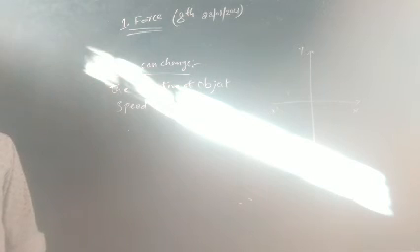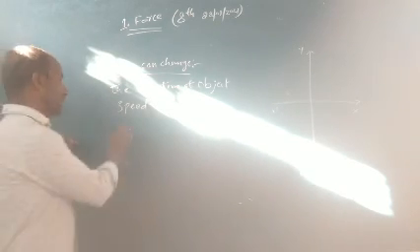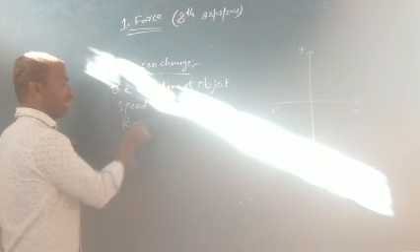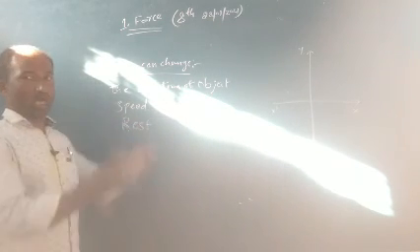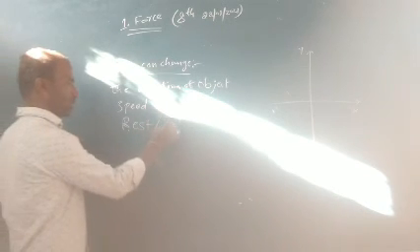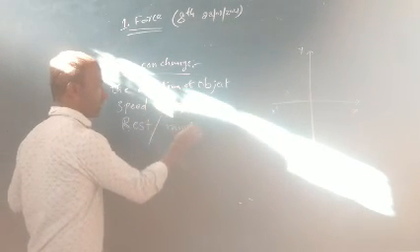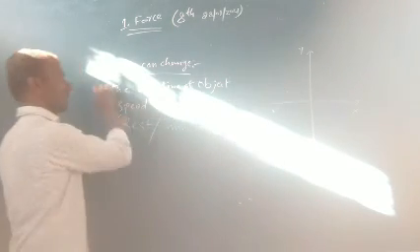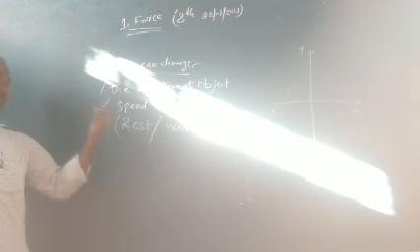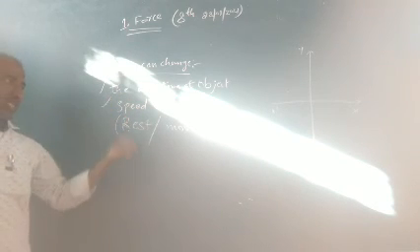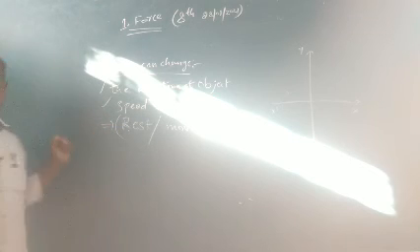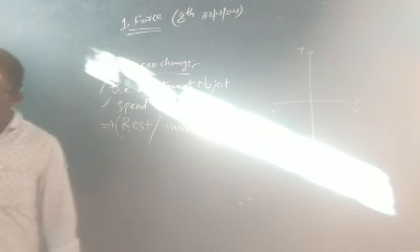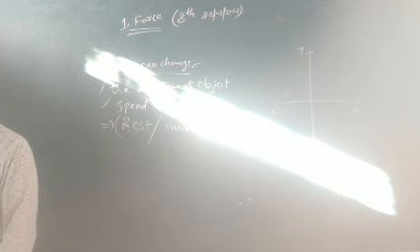State of motion is nothing but sometimes the coin jumps from the carrom board and falls to an at-rest position, or sometimes it moves with high speed. Like that, speed changes, state of the object changes, and the direction of the object changes. That is how force can bring different types of changes: direction of the object, speed, and state of motion of the object also change. Right.